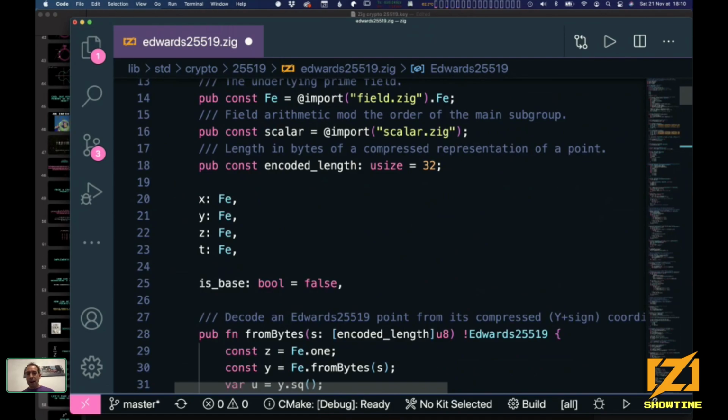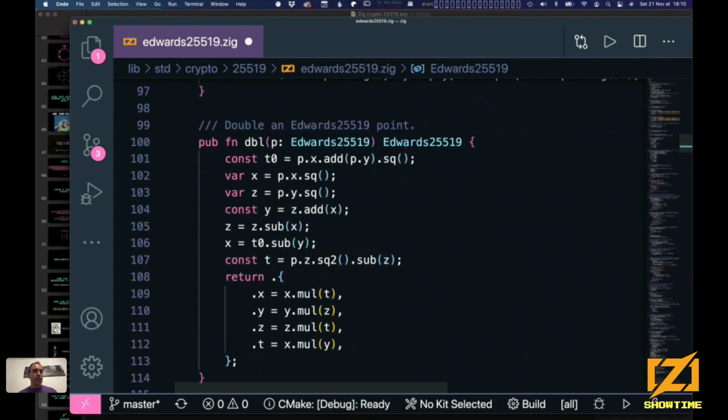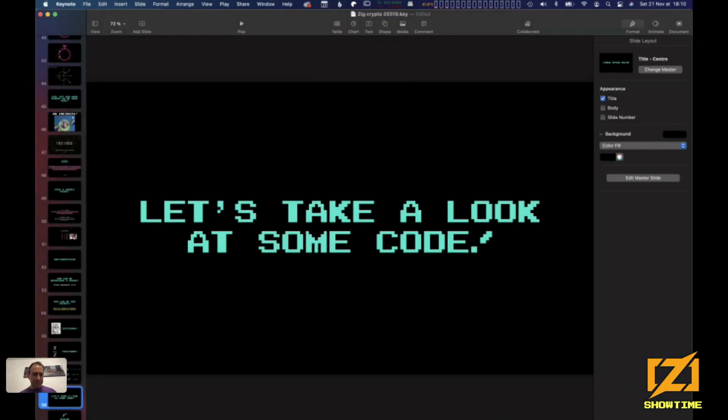And all of them are field elements. This is an element in the 0 to the p range. So all the points are represented that way. And we do some very simple operations like this. Okay, now back to the presentation.